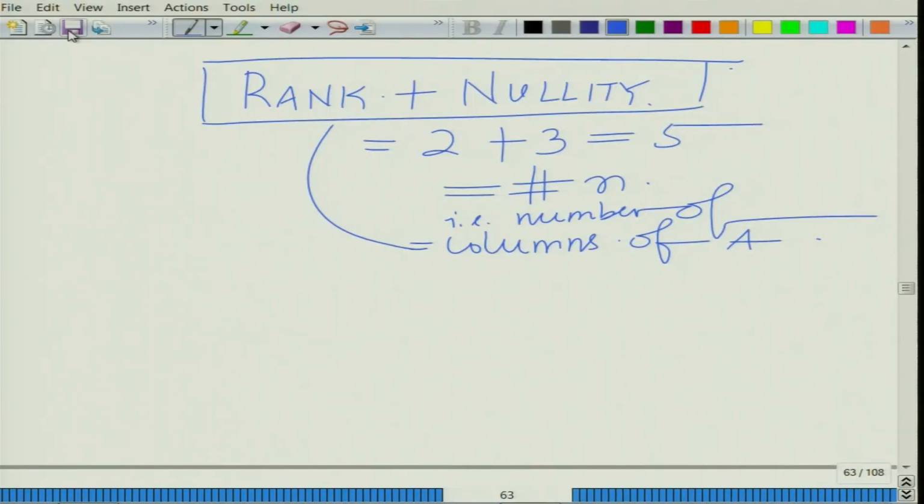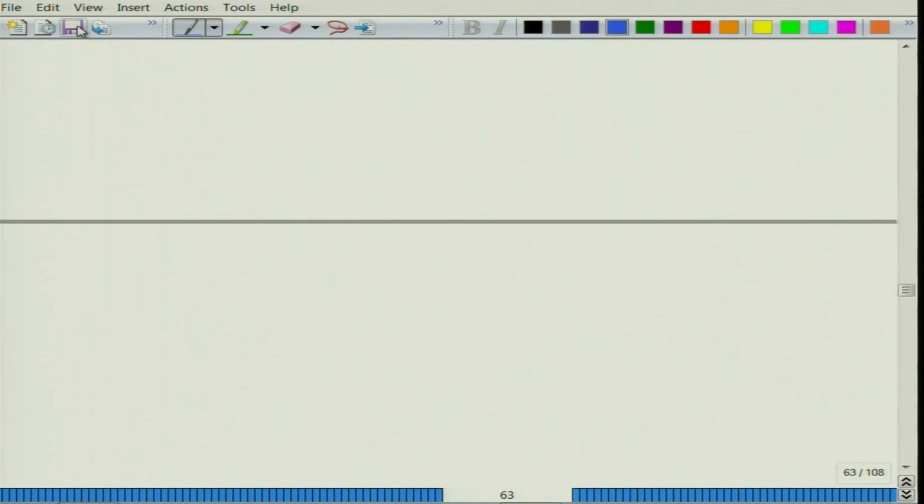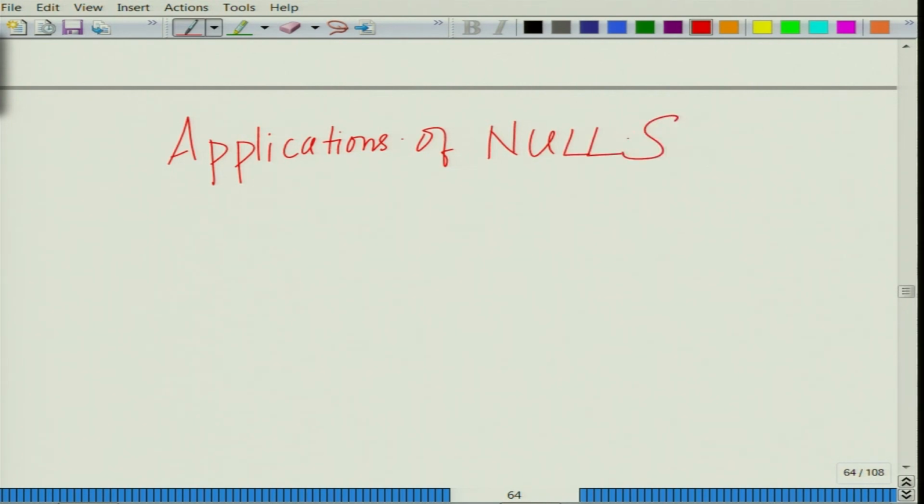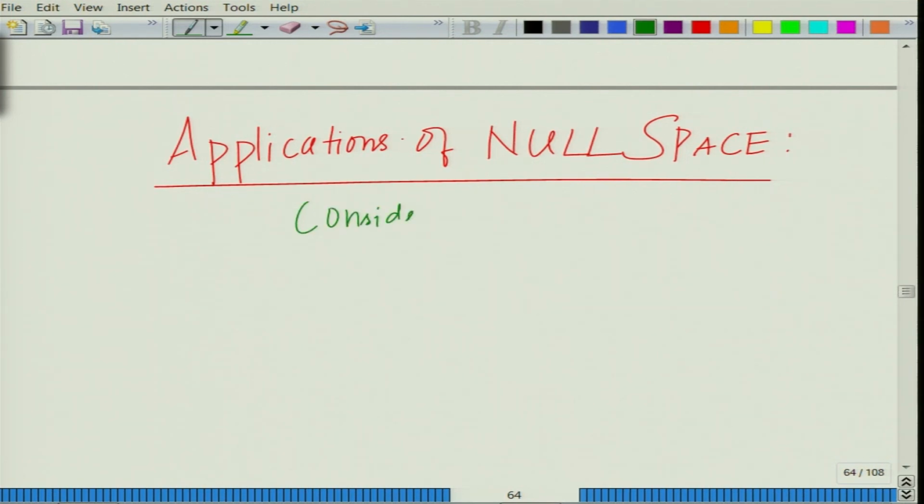Let us look at an application of the null space. The null space is another very interesting concept which has several applications. So, applications of the null space. Now, an interesting application is in circuits. Consider the simple circuit below. I am going to draw it as simply a set of